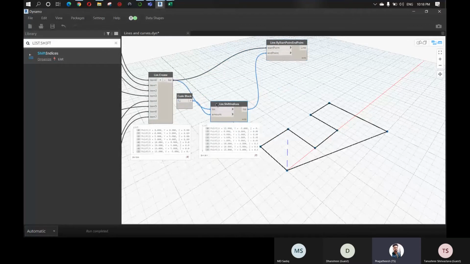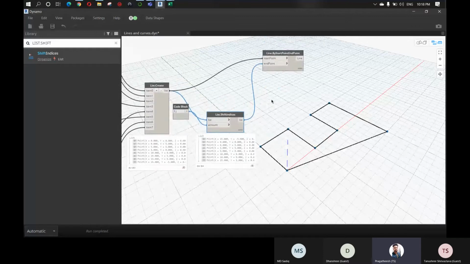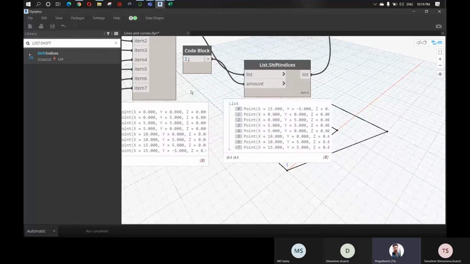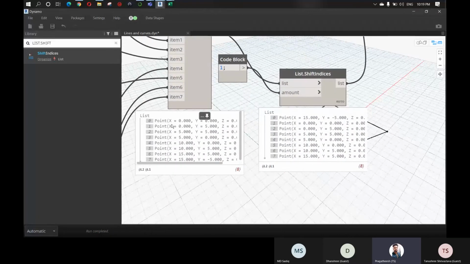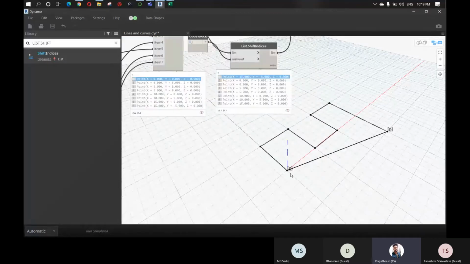The reason I gave this List.ShiftIndices is that if I unplug this and put the same list here, that cannot be done, because of the first item and the last item, which is the 15. You can see when I click this 15, you can see this one.